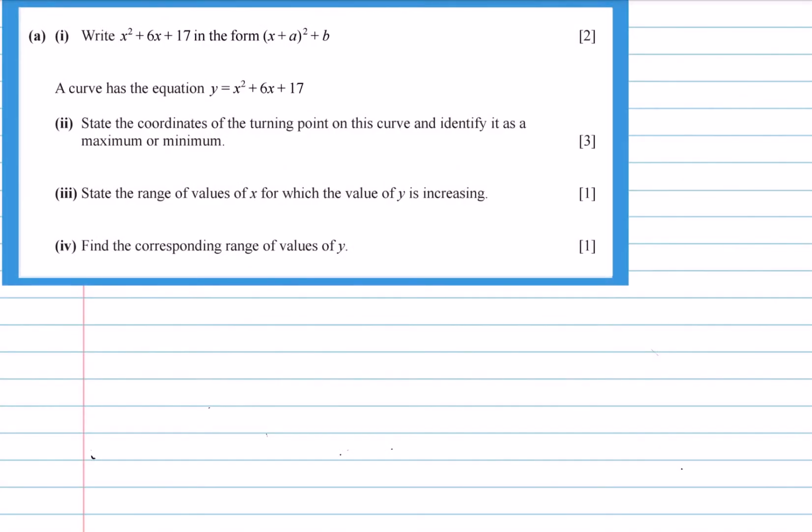So our first question here, this one has to write the quadratic equation in the form as follows here. So basically completing the square for this. You can see there's 2 marks for this question. Should be easy marks for us. Now completing the square, that's going to give us x plus 3 all squared, and we're going to subtract the 9, and then we're adding the 17. Then simplify it then, so that gives us x plus 3 all squared